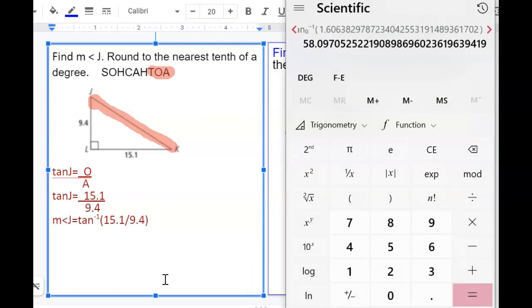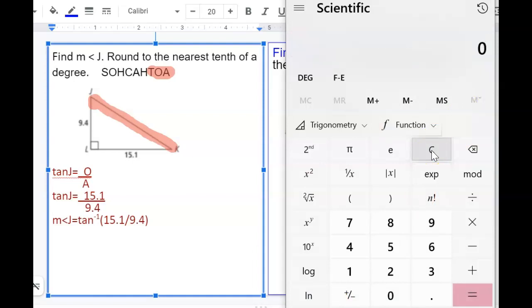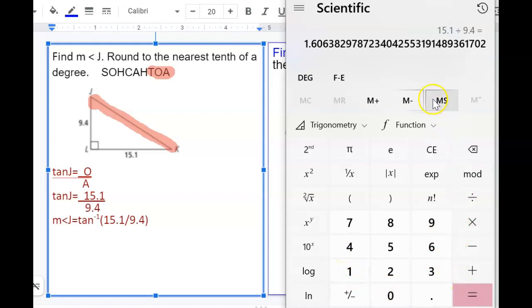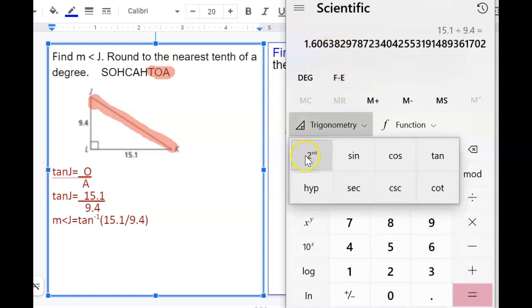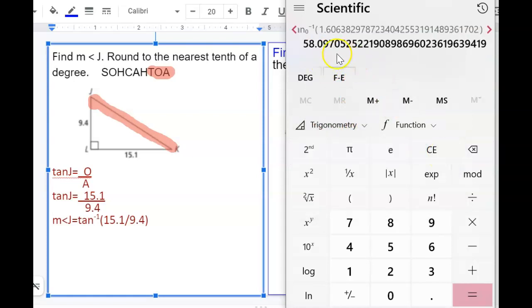All right, so we'll use a calculator to work that out. So again, the first thing you do is you type 15.1 divided by 9.4. That will be equal to, all right, we now take tan inverse of that. So click on trigonometry, second, and then tan inverse. That gives us